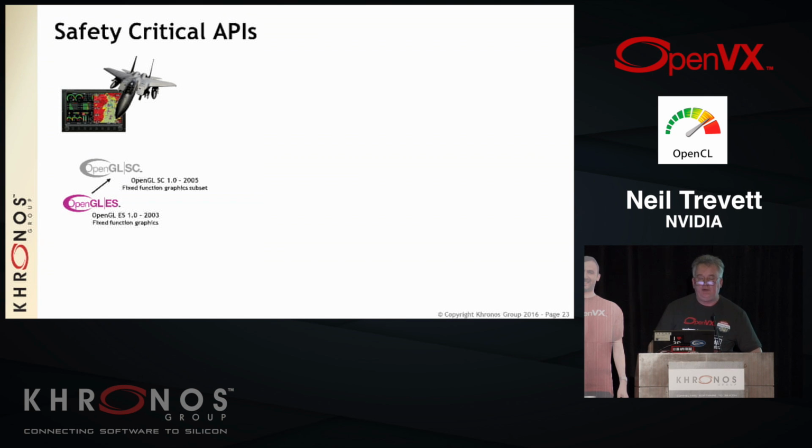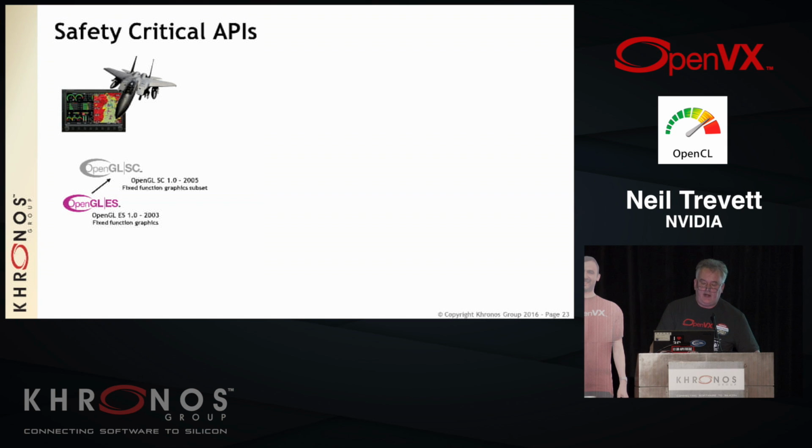Because many of the applications we mentioned right at the beginning, autonomous driving, robotics, we need these things to be safety certified. If things go wrong, it can go wrong in very bad ways. And the avionics industry has had this for a while, and actually we had a little known but important cousin of OpenGL ES, OpenGL SC. SC stands for safety critical. We did this back in 2005, and there are probably planes flying above us right now that have OpenGL SC